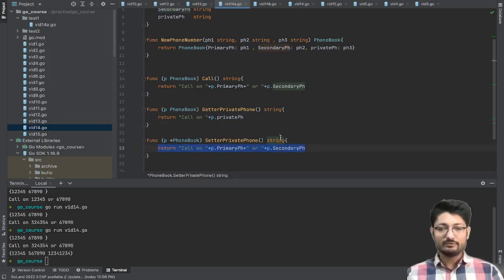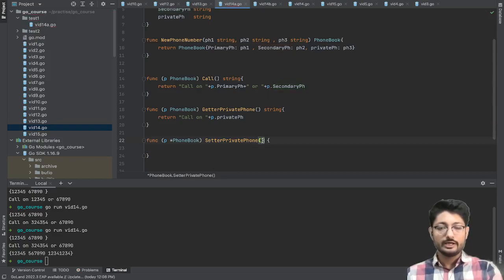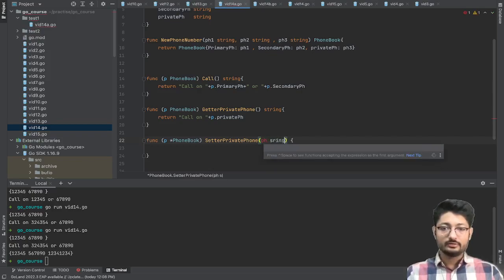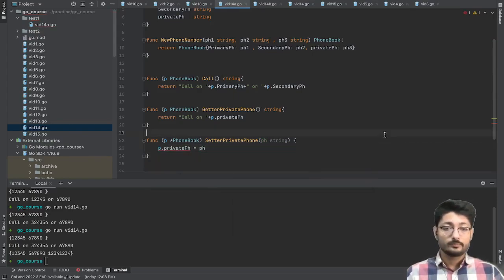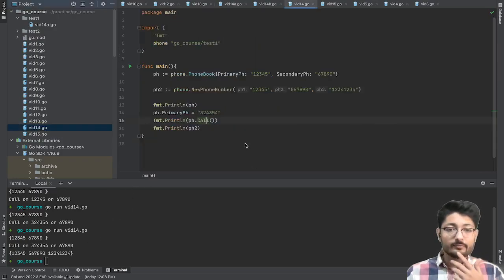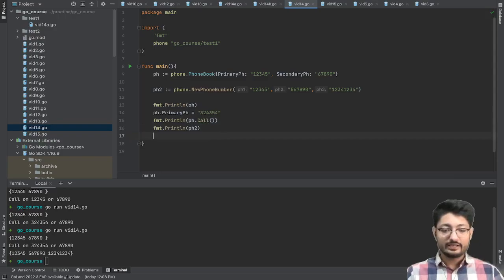So what I'll do is that I should not return anything. I should just change it. It will just take a phone number of type string, and it will do p dot private phone number as private phone. Now if I go on the same file again, what I can do is that I can just do